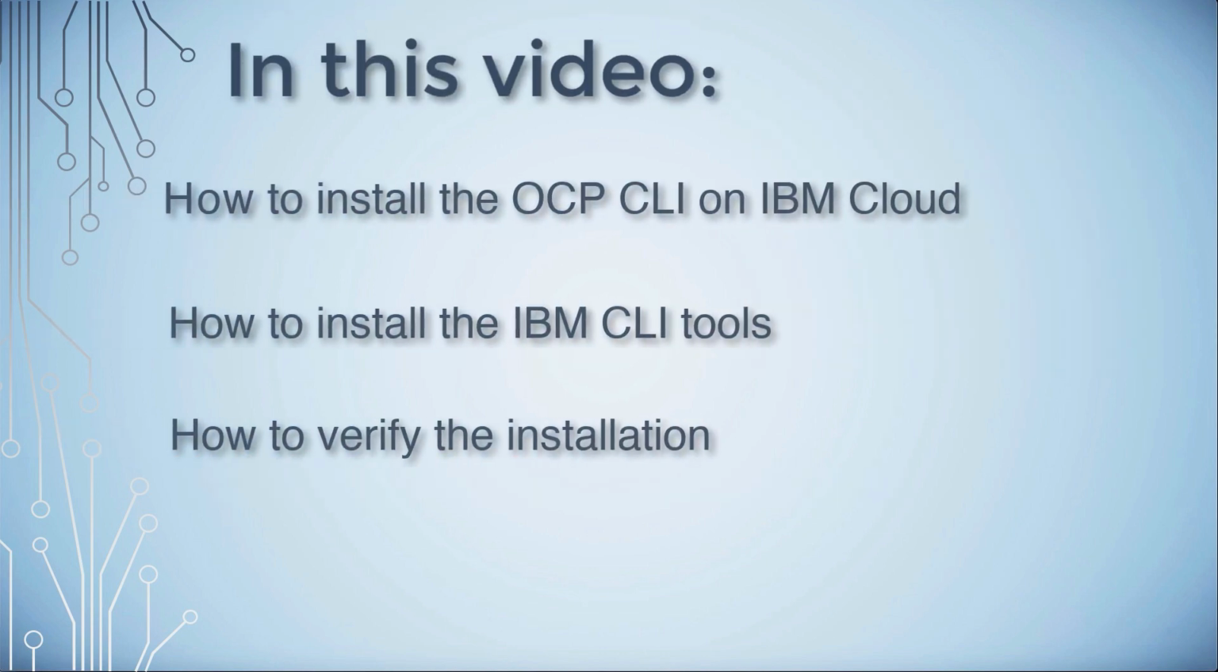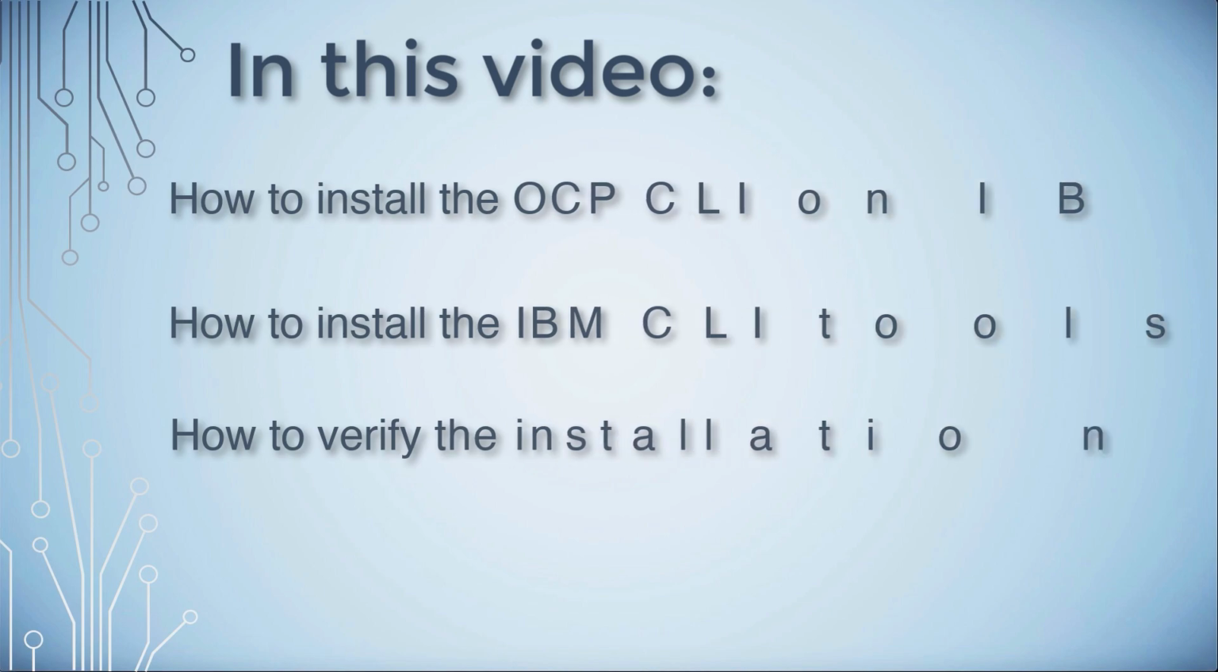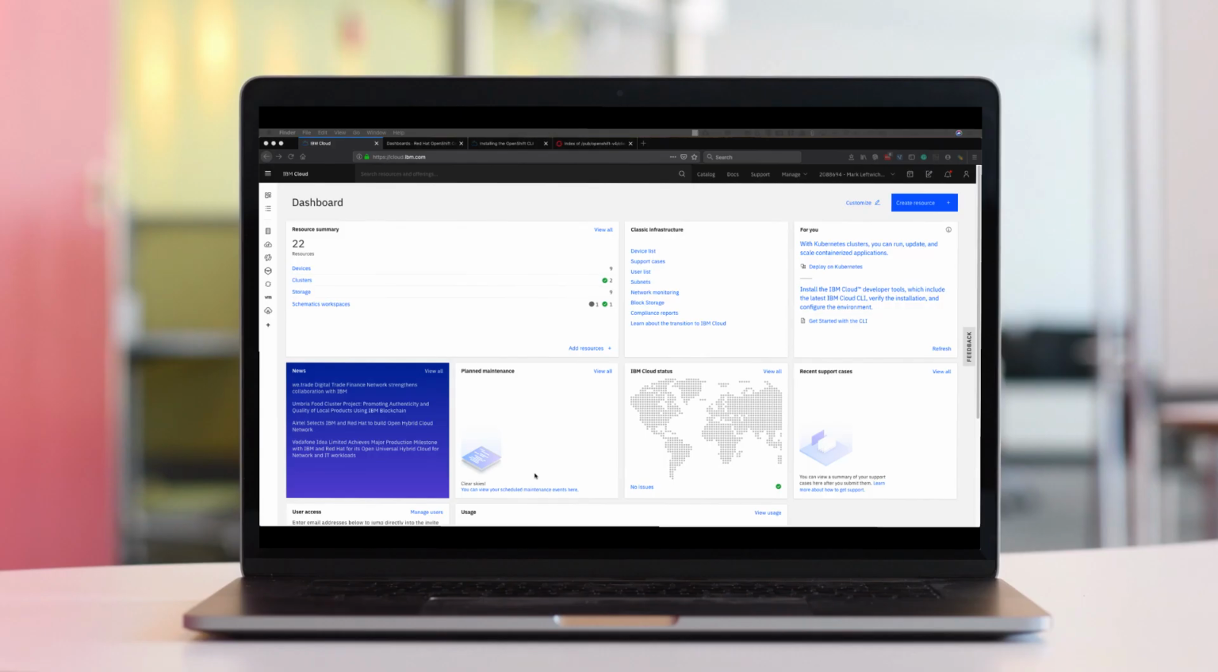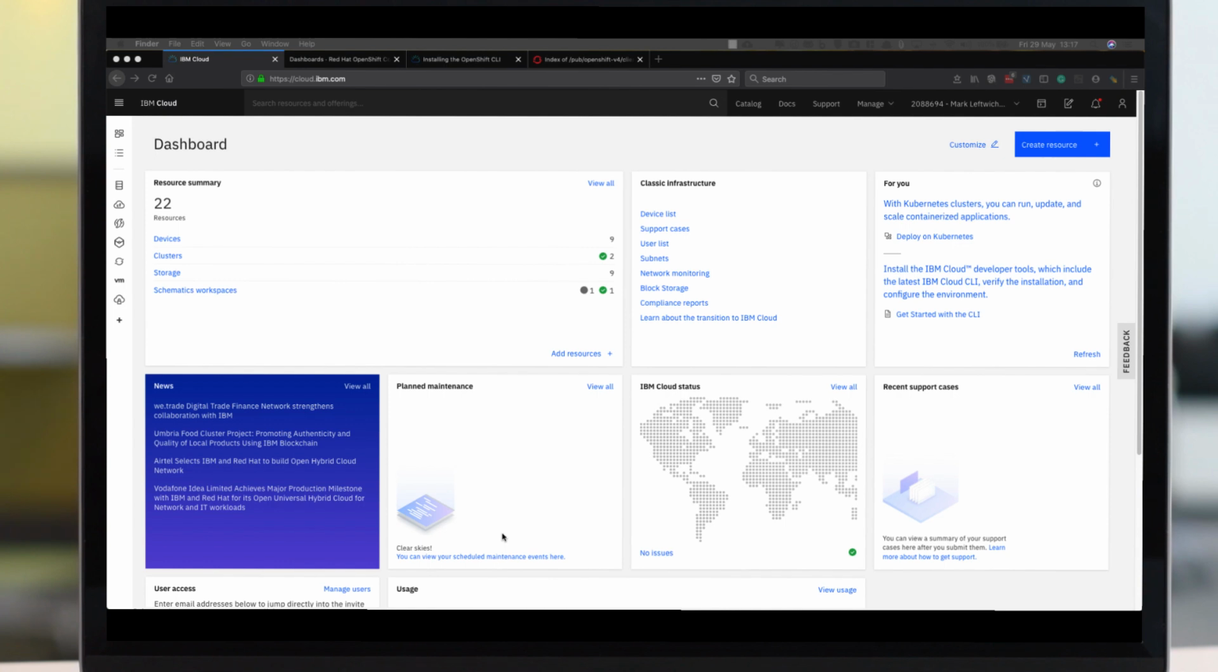Today I'm going to show you how to install the Openshift CLI tools and the IBM CLI tools needed to manage clusters in the IBM Cloud. The first CLI tool that we're going to install is the Openshift CLI so that you can run the OC commands. A convenient way to get to the documentation is to log into your IBM Cloud account, go to Clusters,